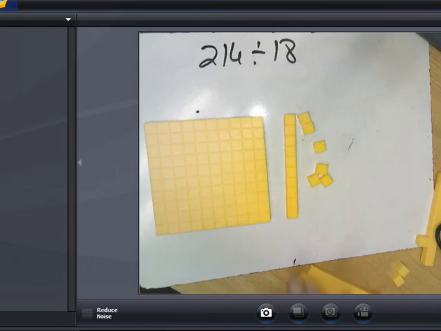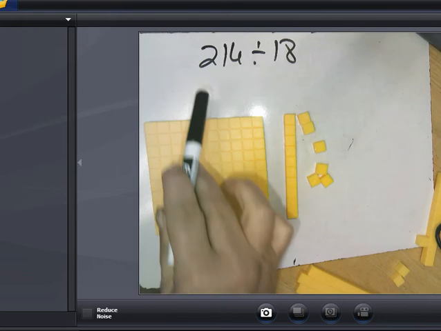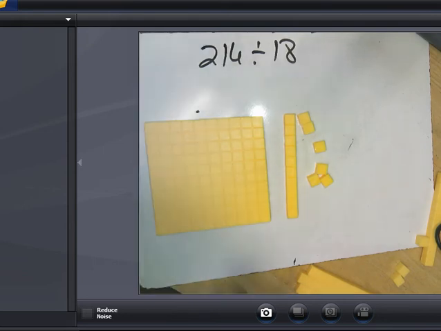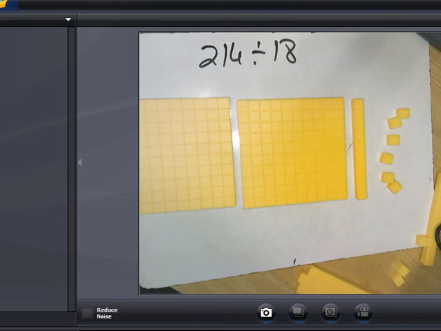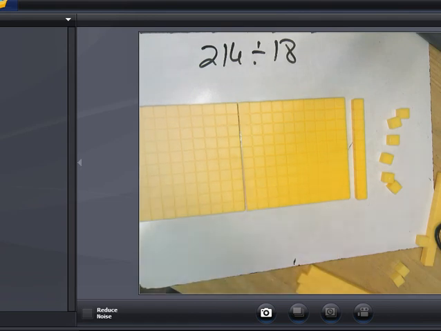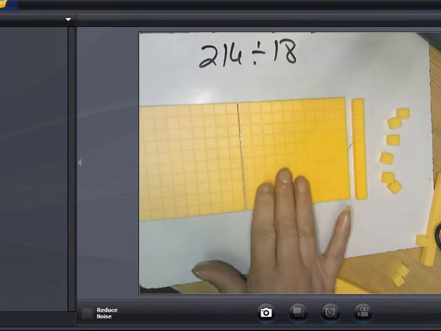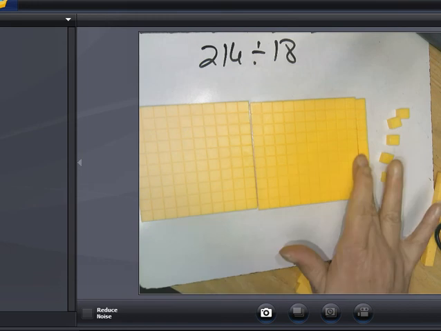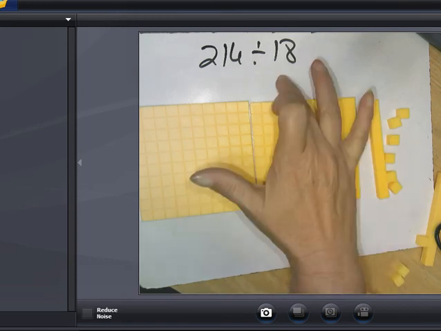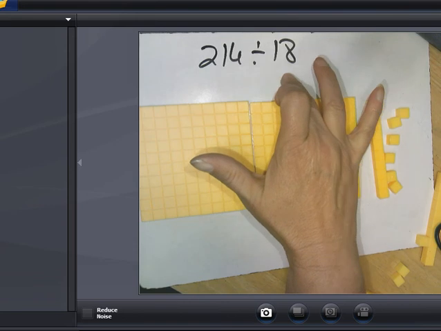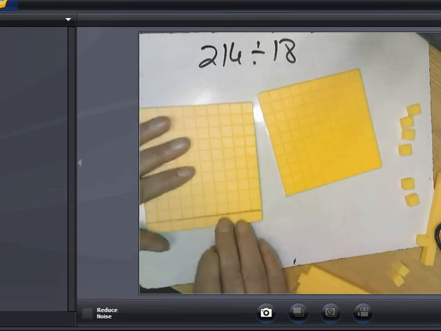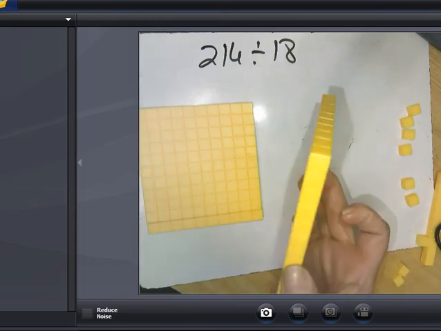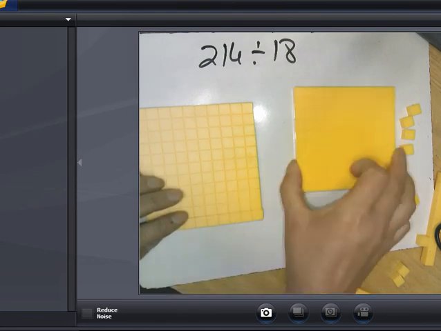Okay, I have my 216 out of my base 10, and this is the first time we've worked with 200, but we still want a rectangle. So what will that look like? Well, let's see. I have my 216 and I have to make a rectangle. My divisor tells me 18 equal groups. So I'm going to look here and I'm going to say, okay, I have 10, 11. Oh, I need to do what with my hundreds? I can't put this and make it equal 18 groups, so I have to do